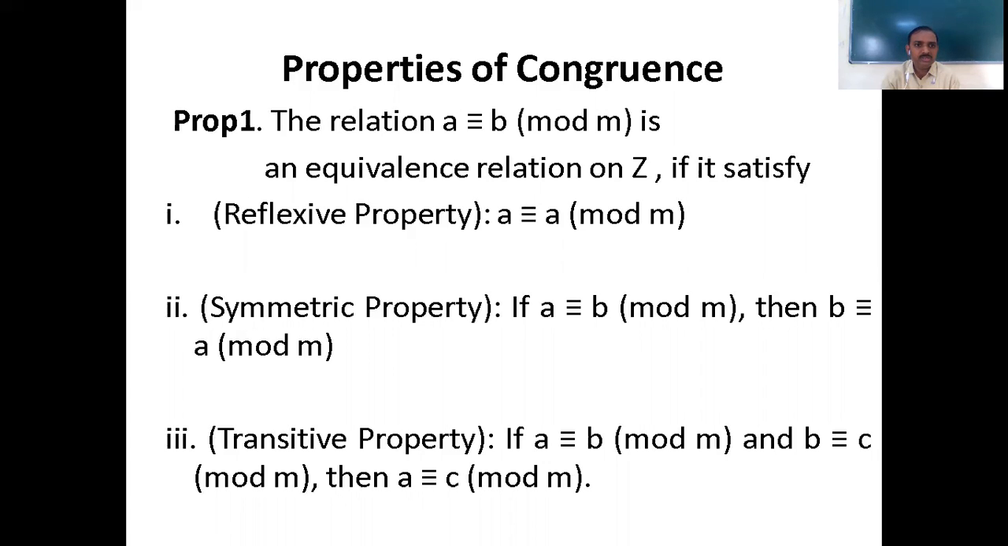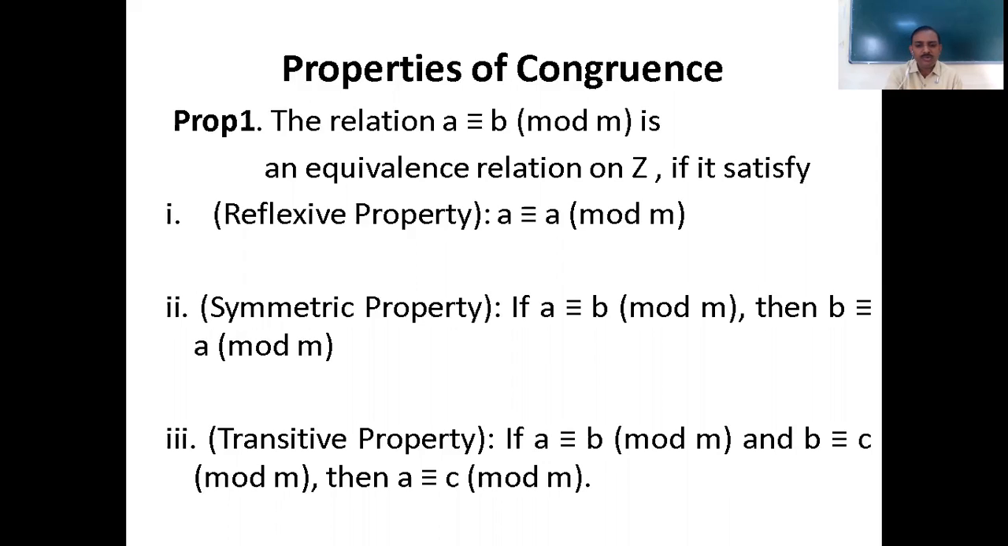First property: the relation a is congruent to b mod m is an equivalence relation on Z if it satisfies these three properties. Number one is the reflexive property: a is congruent to a mod m. Symmetric property: if a is congruent to b mod m, then b is congruent to a mod m. And the last one is the transitive property: if a is congruent to b mod m and b is congruent to c mod m, then a is congruent